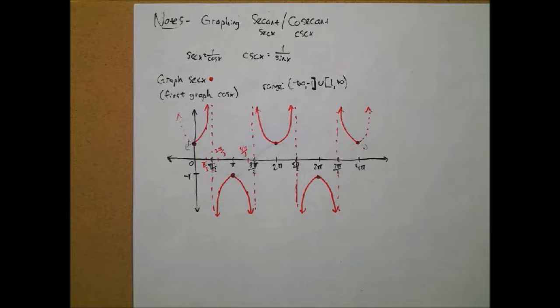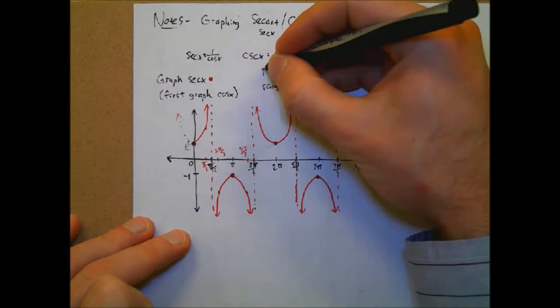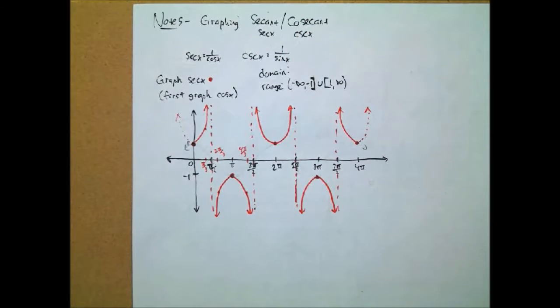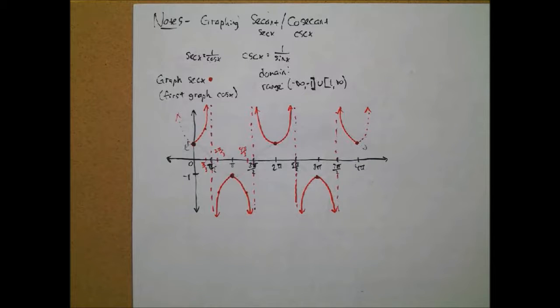What about the domain? Is it all real numbers? No, because we're undefined. But the problem is, though, we're undefined infinitely, right? There's an infinite number of places where we're undefined. So how do we describe the domain for this? We can't say all real numbers. We also have to describe an infinite number of things. So what we're going to do here is say